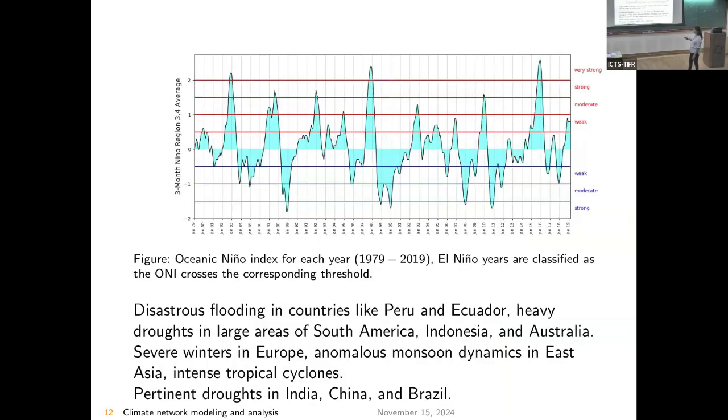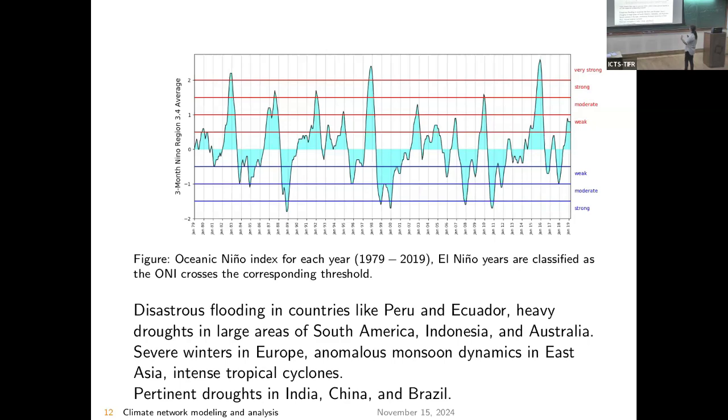So that is El Nino. It occurs every 2 to 7 years, and this is the Nino index, which we have calculated from 79 to 19. For each year, we have calculated the 3-month Nino region averages, and we can see that it follows a certain oscillation, based on whether the SST anomaly is between 0.5 to